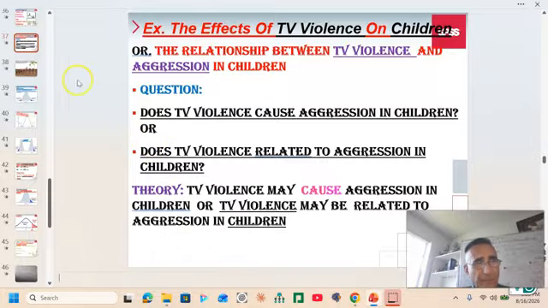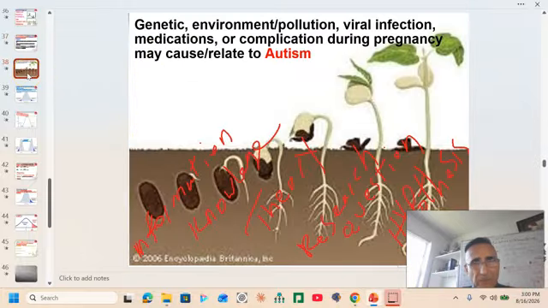We'll talk about them. And in general, this is another topic. It says that all these variables may complicate pregnancy and may cause, this is cause and effect research, autism in children. In general, what you see at the bottom is